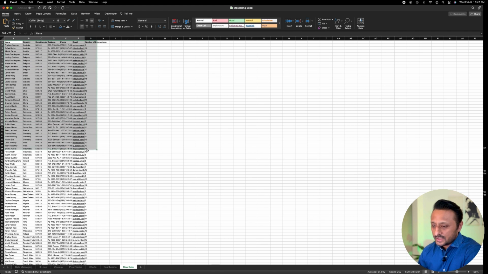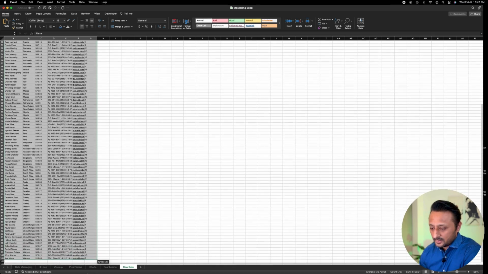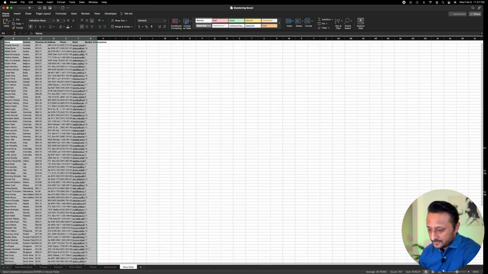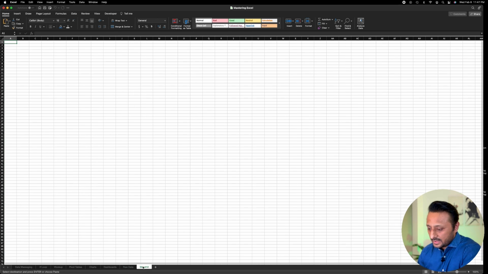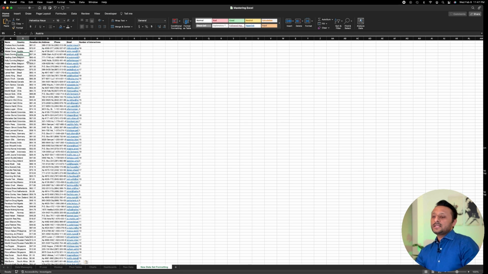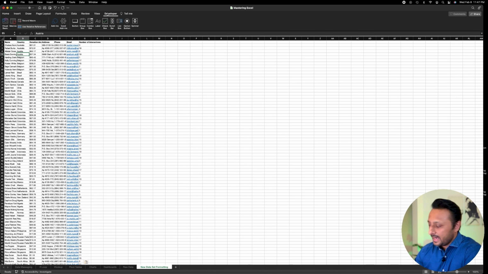So to do this example, I'm going to copy this information over here, the unformatted data, and I'm going to create a new tab, say new data set formatting. Okay, so put this in. Now I want to format this data, but I want the macro to record it so that the next time I get this next week, it can do it for me. So what I'm going to do first is go into Developer, and I'm going to say record a macro,